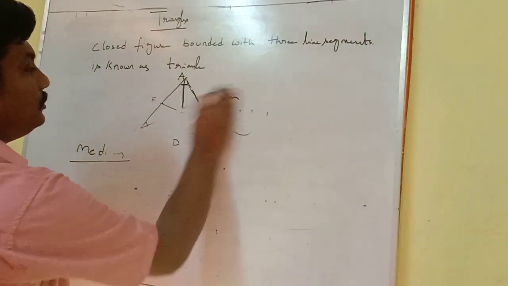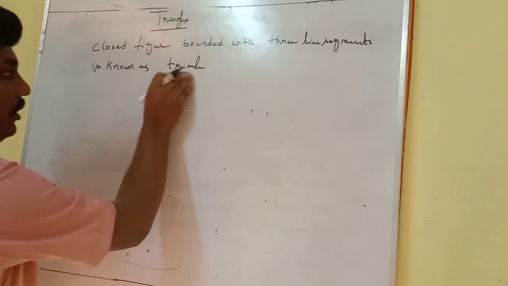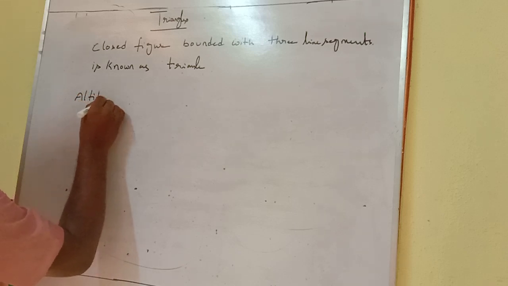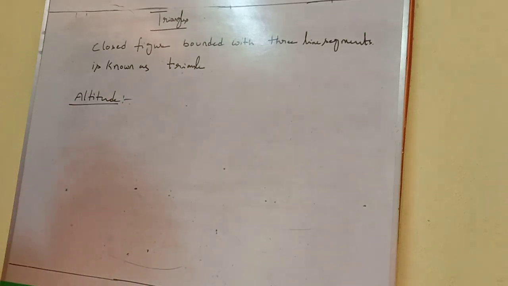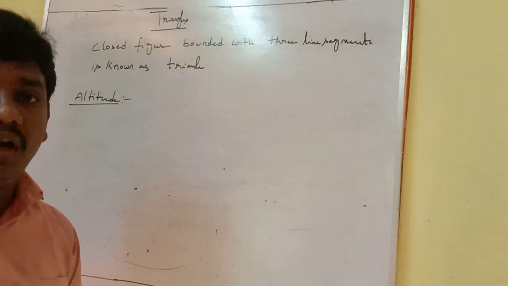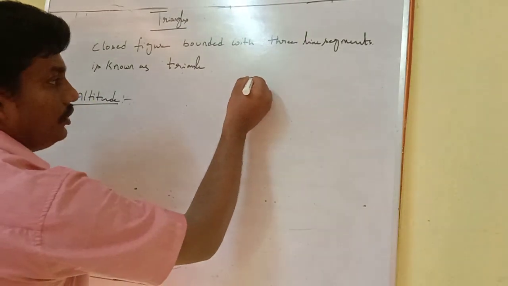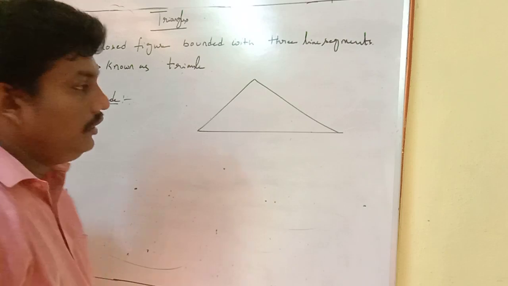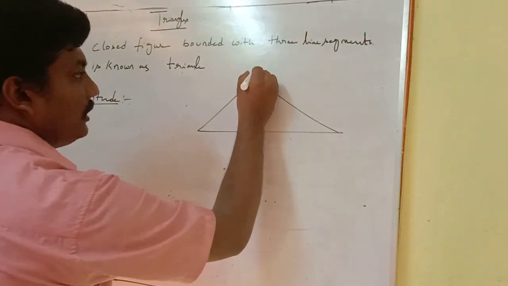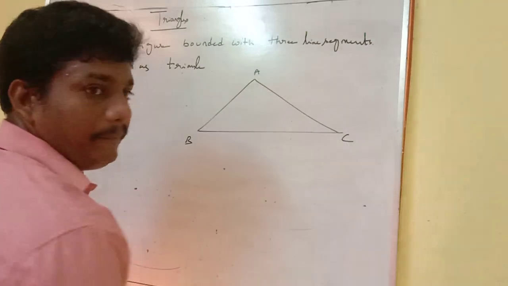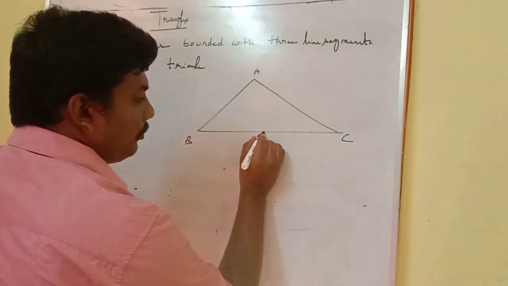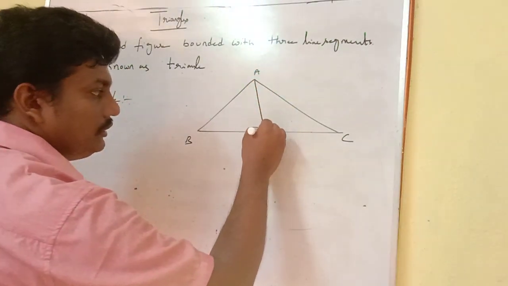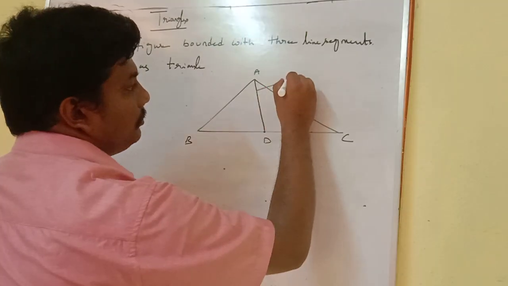So now we are going to find what an altitude is. Altitude of a triangle. Let me consider what an altitude is. First we are going to draw a triangle. So this is a triangle. We know what the median is. We can draw the median now, with vertices A, B, C. The opposite side, the midpoint, this is the median. If you join like this, this is the median of a triangle.